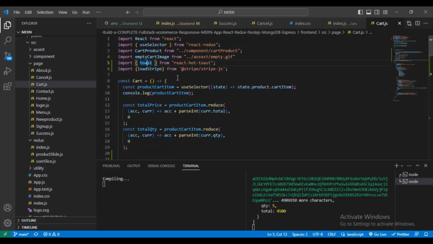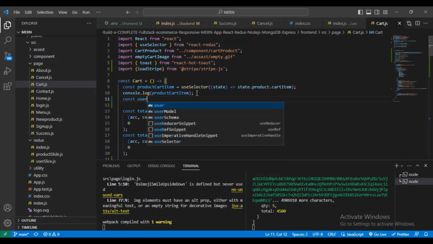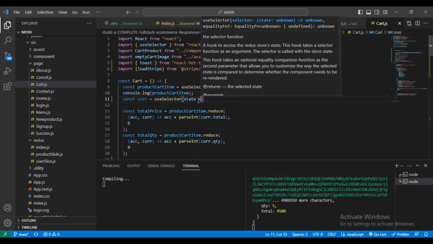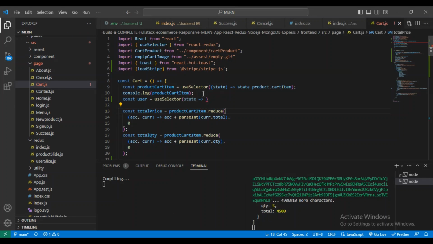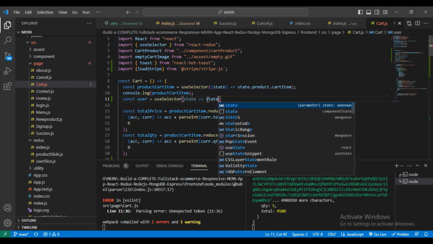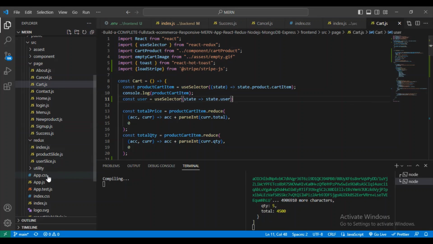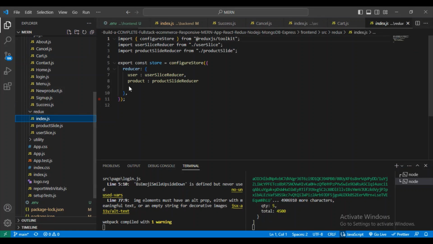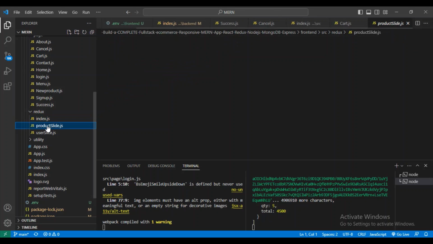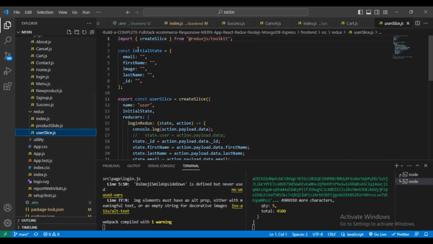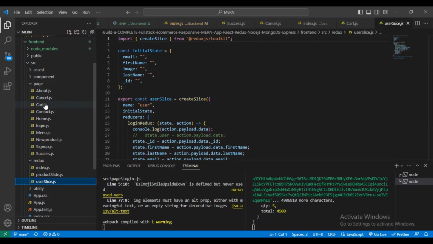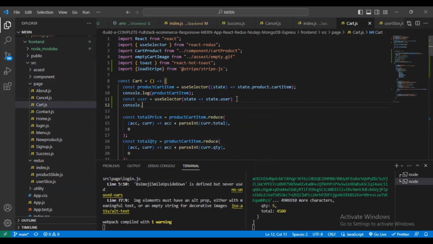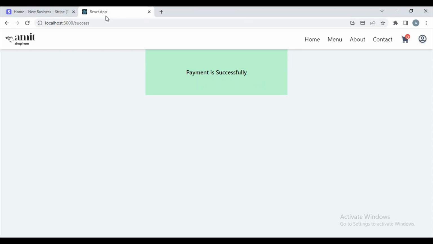For that I want to go here, const user, useSelector, and I want to use the user data. For that, let me here go state dot user. Let me go to the Redux section and check whether I am right or made some mistake. In the index.js I want to go to the user, and in the user section I want to check the email ID, and here I will console dot log user,